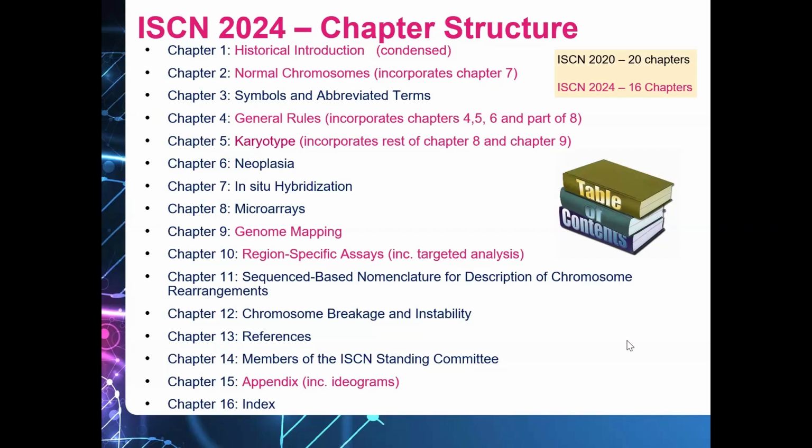Chapters 4 and 5 have been separated out so that all the structural rearrangements are in the karyotype chapter, and all the generic rules are in chapter 4. You've got the new chapter on genome mapping, an expanded region-specific assay chapter, and the appendix has changed.